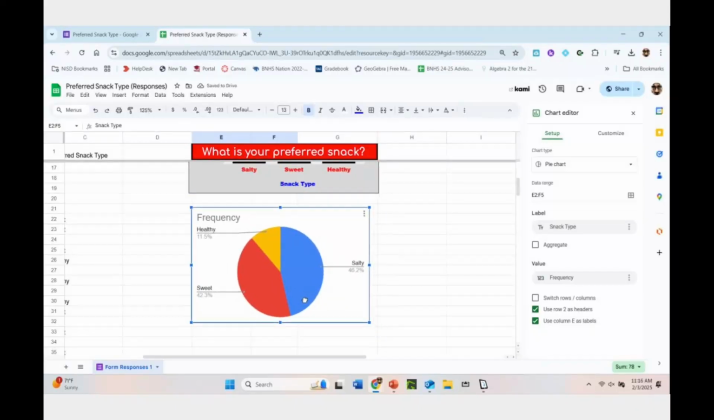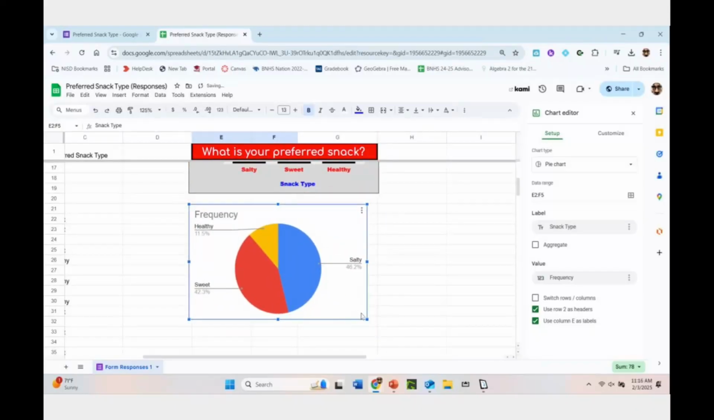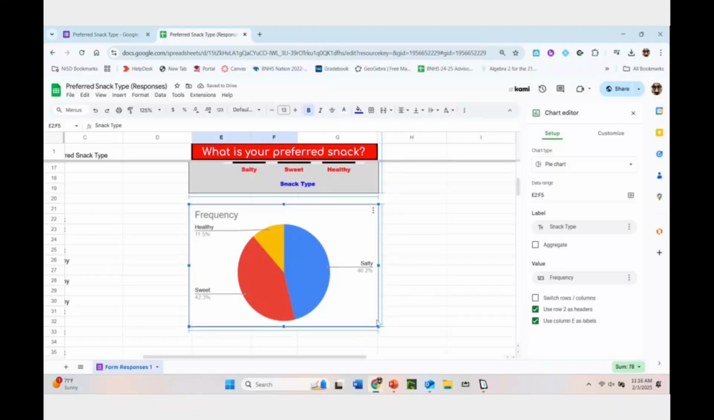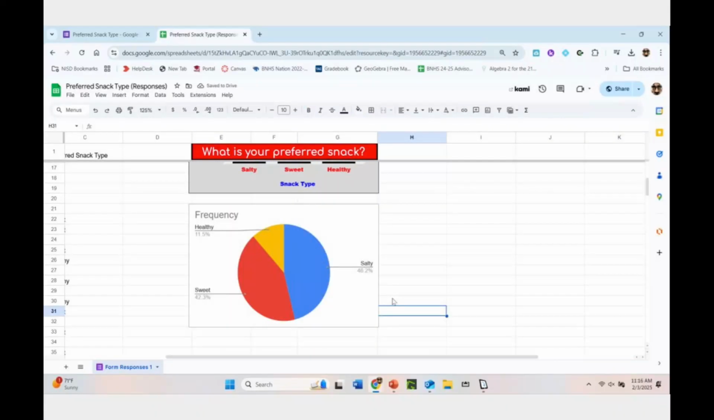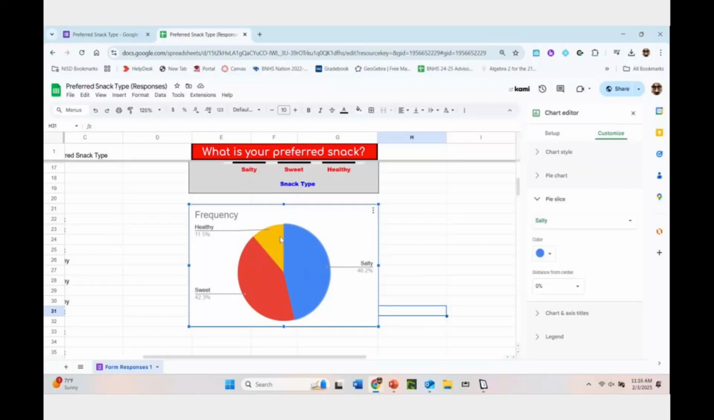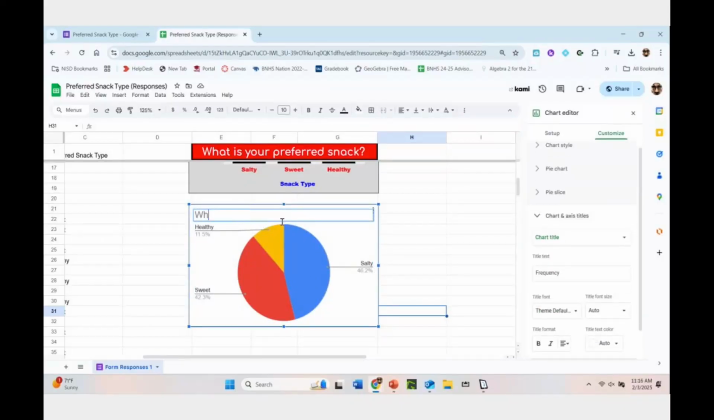So this gives you a breakdown of relative frequencies. Notice our percentages should match the ones that we have in our table close enough. Since we're looking at relative frequencies, I'm going to make these colors match. So I'm going to double click on this wedge. Actually, before I do that,